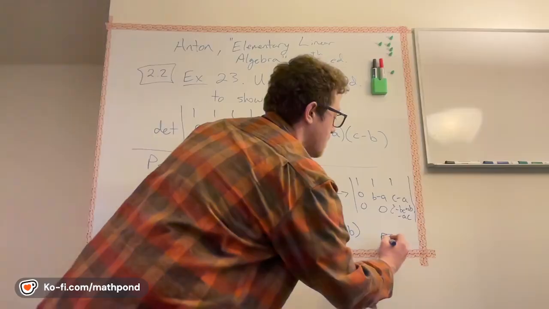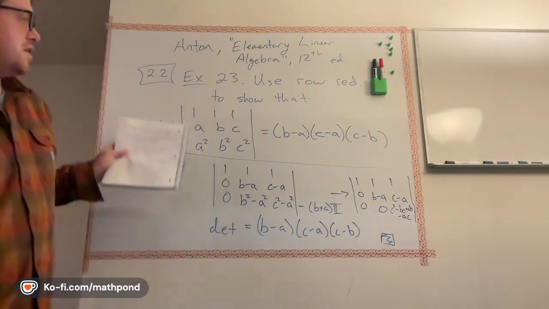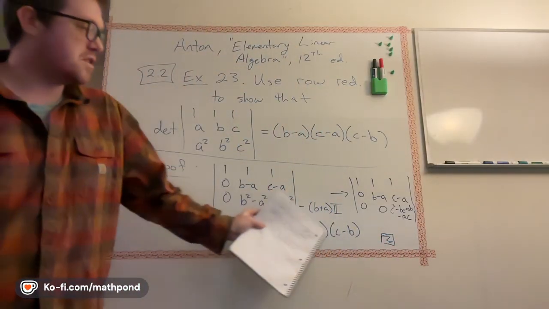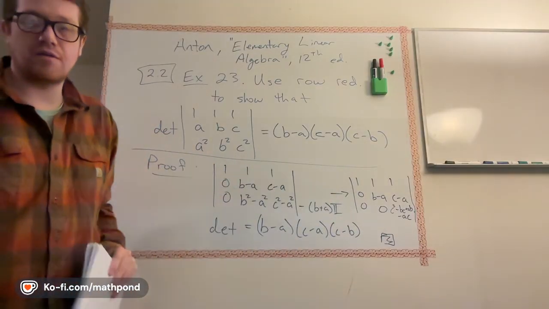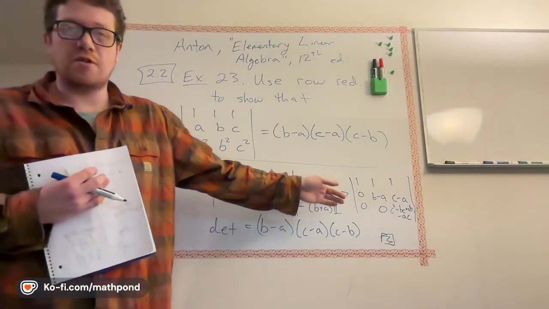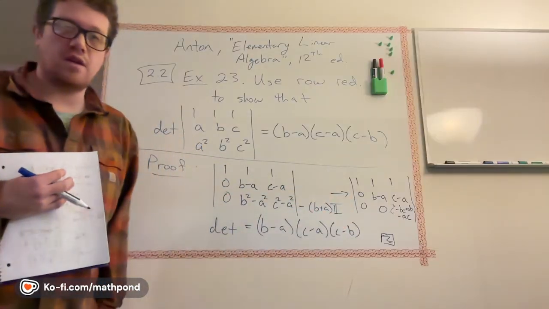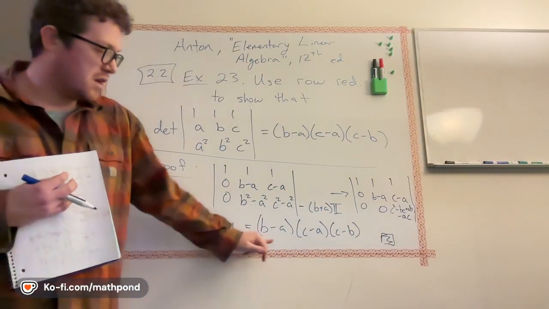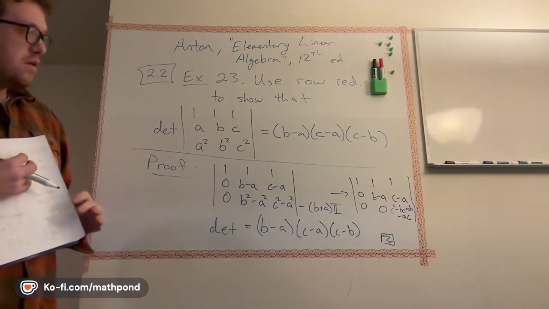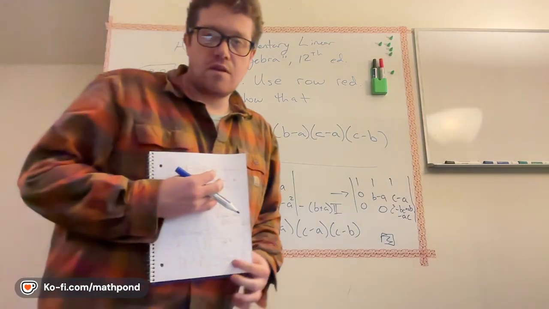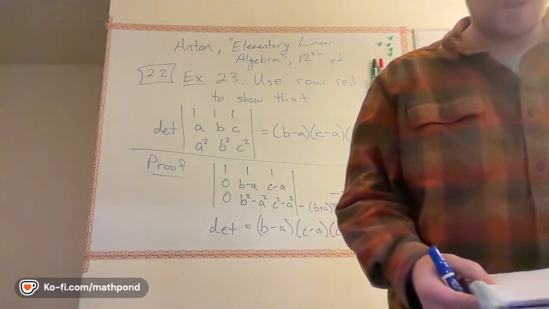That is good there. So we showed that the determinant of this matrix is this product by performing row operations, getting it into upper triangular form. Once it was in upper triangular form, then we just took the product of the diagonal entries, and that was the determinant, and we factored it, and we got this. Anybody in the audience questioning this?